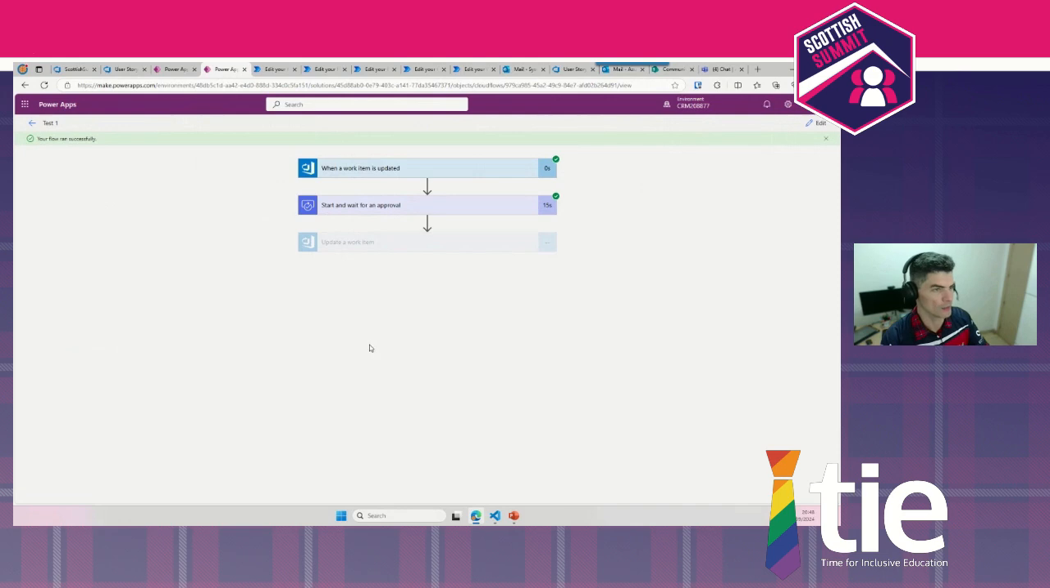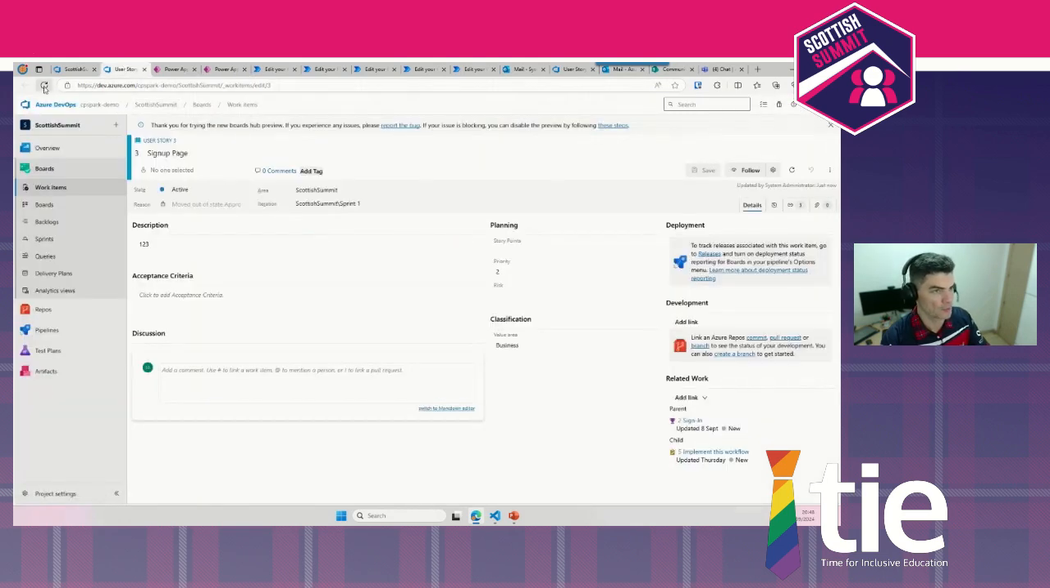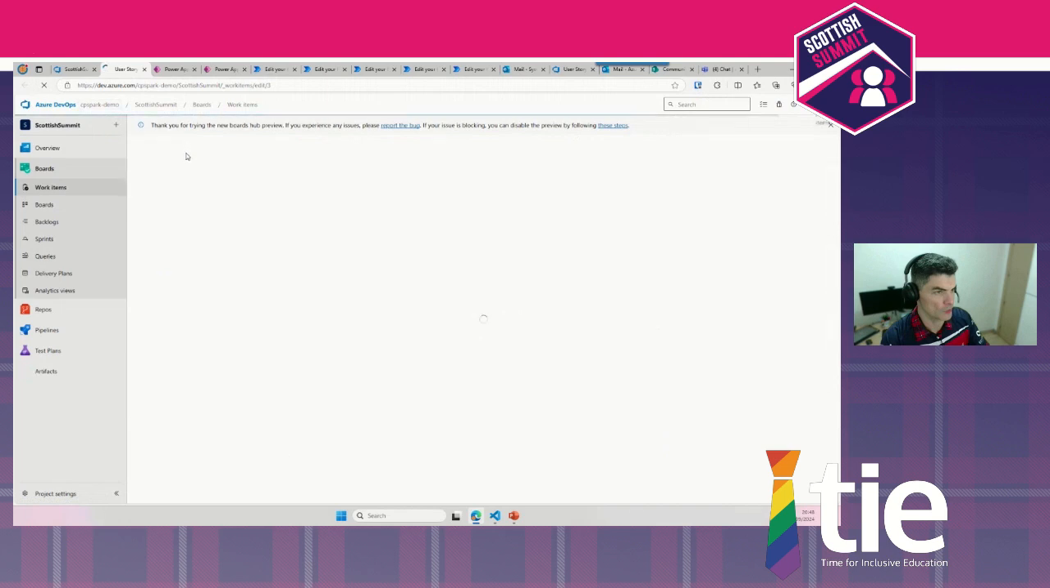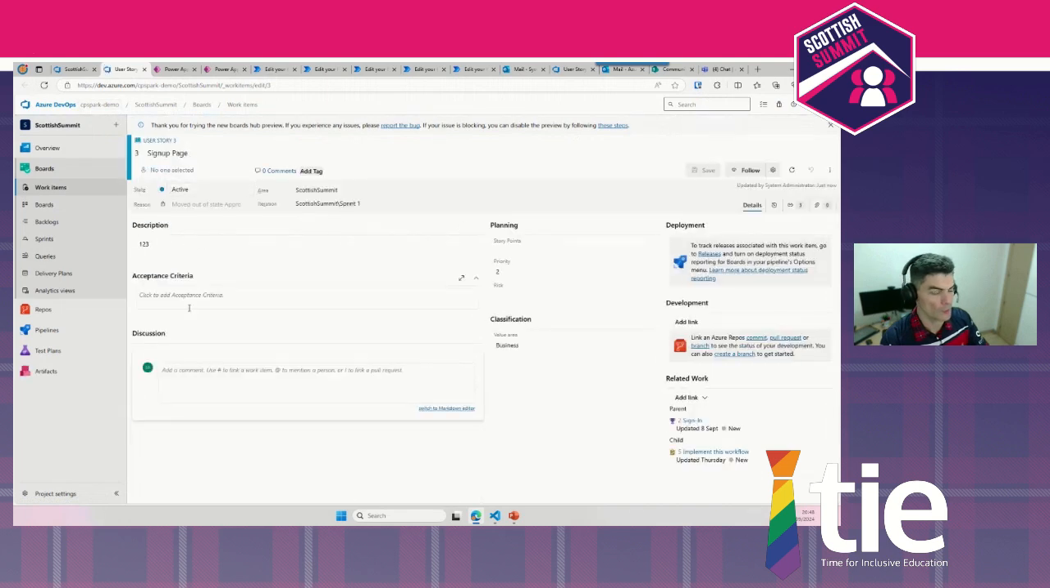So still waiting there for the approval and completed successfully. So if I go now and refresh this user story, I will see how it changed to active now. Okay, so this is the bare minimum example on how I can connect Azure DevOps and Power Automate to do